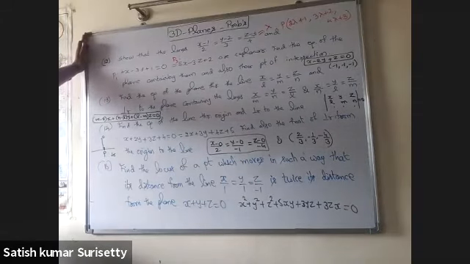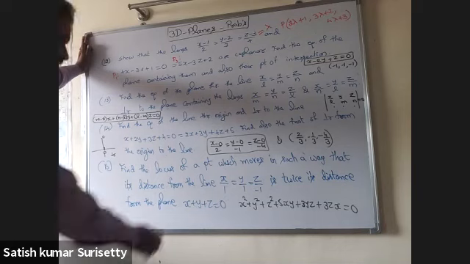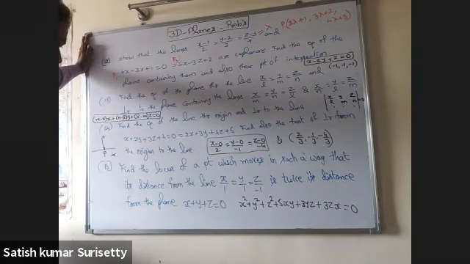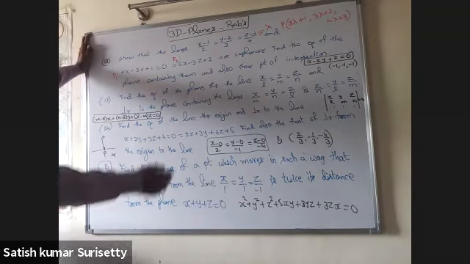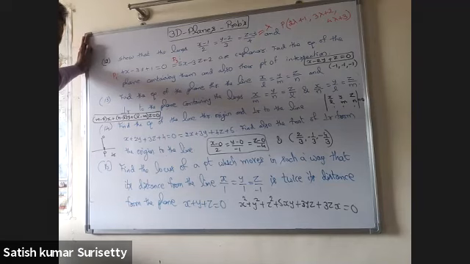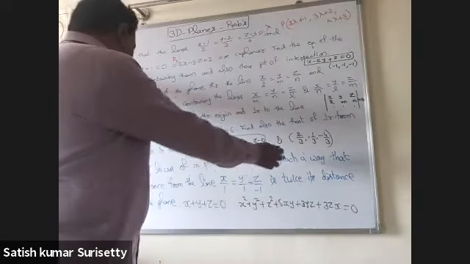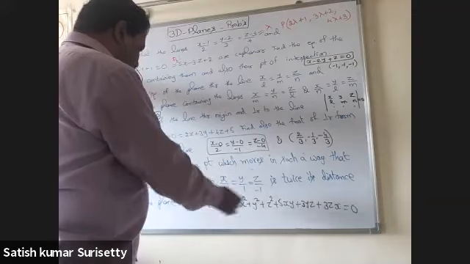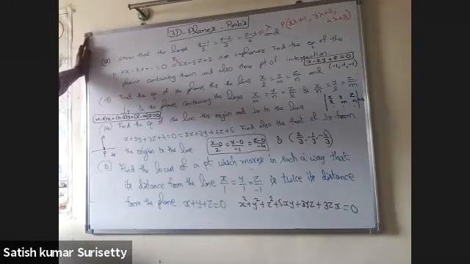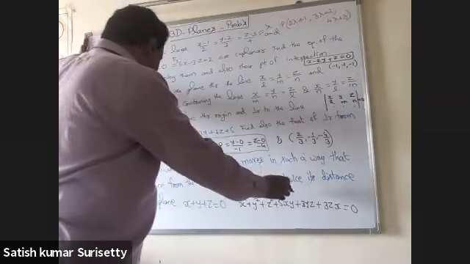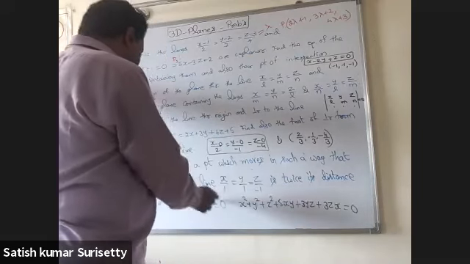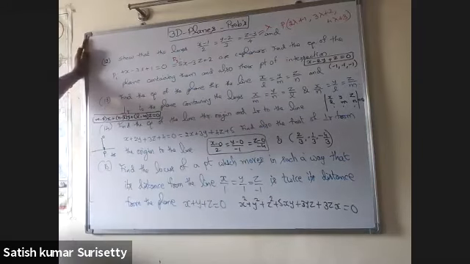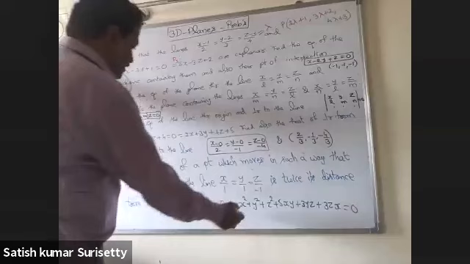Next, find the locus of the point which moves in such a way that its distance from the line is twice the distance from the plane. So take the point as alpha, beta, gamma and calculate the distance of the point from the line, that is the perpendicular distance, as well as the distance of the same point P (alpha, beta, gamma) from the plane, that is the perpendicular distance. Equate it with twice the latter and simplify, then you'll get the locus.